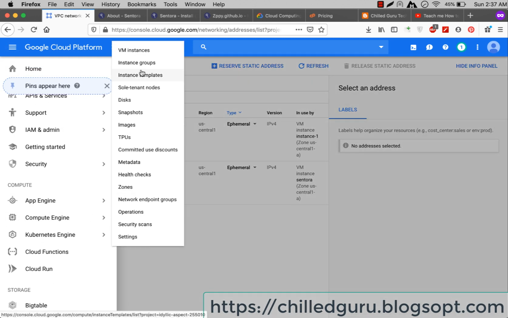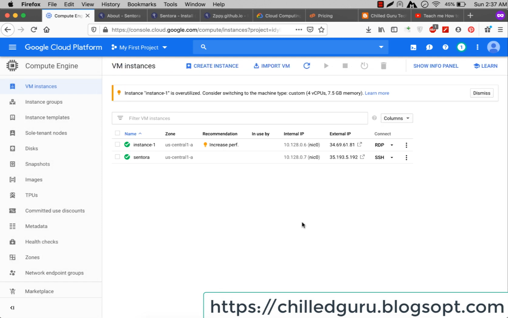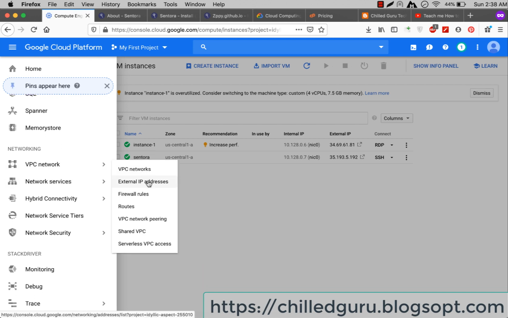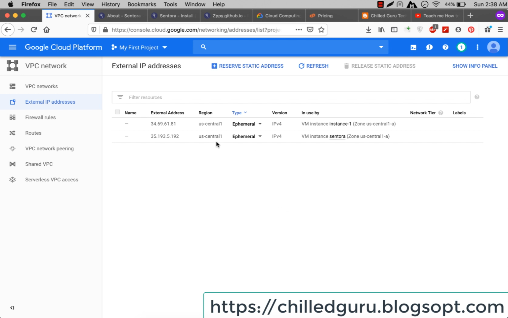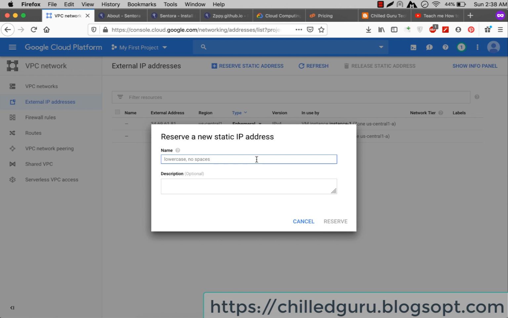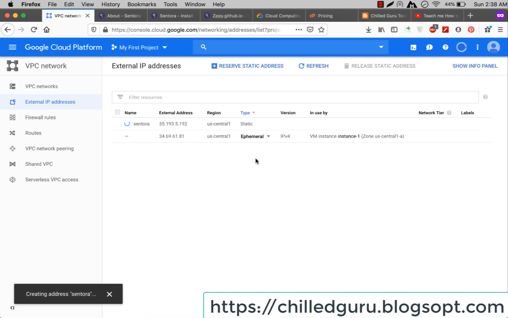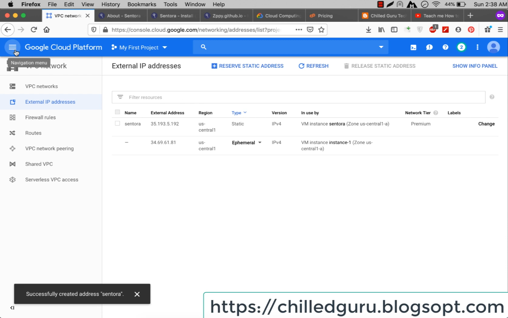So once again, go to the VM compute instances, and the IP was 5.192. So let's go again. That is the IP that we are going to fix with this machine. I'll name it Sentora, and we'll reserve this IP to that instance. While the IP is being assigned to that VM, we need to